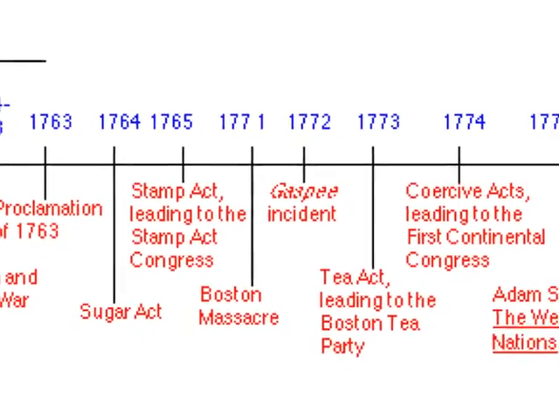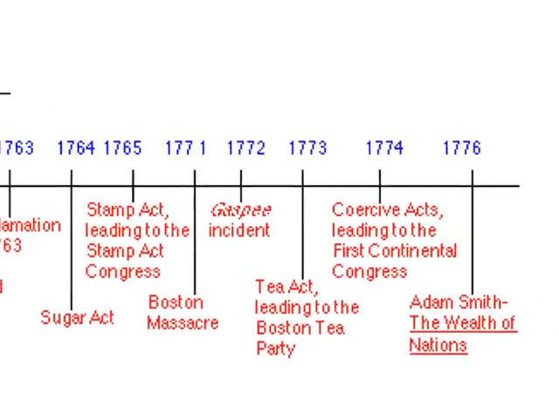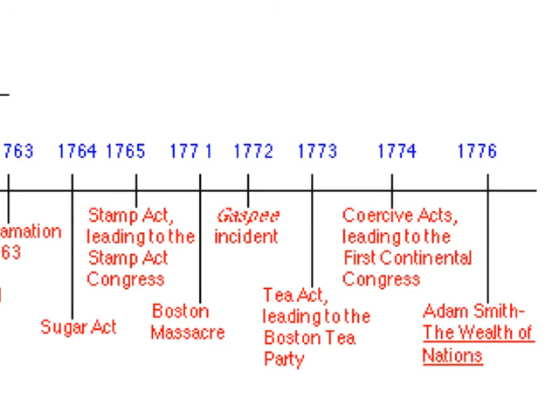All right, here we go. Now it gets into some nice nitty-gritty details here. Okay, so now we have the Stamp Act, and that directly leads to the Stamp Act Congress. So groups one have the Stamp Act. You need to pay particular attention to that. We have the Sugar Act, Boston Massacre, the Gaspee Incident. I haven't talked about that, but we will. The Tea Act, the Coercive Acts, which brings us to the First Continental Congress, and then we have, this is really important,